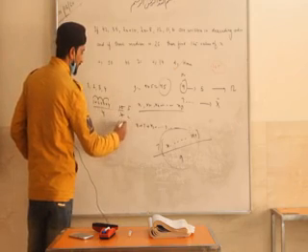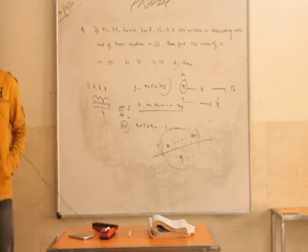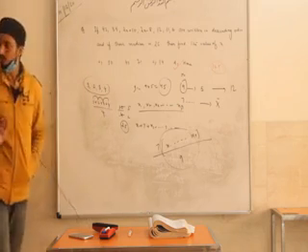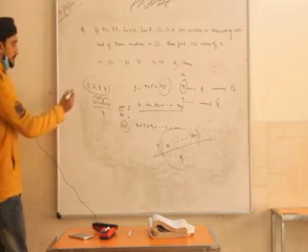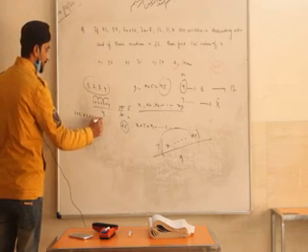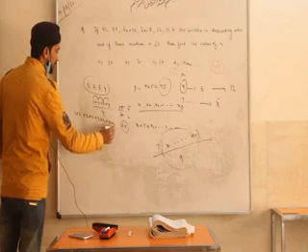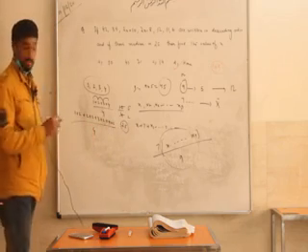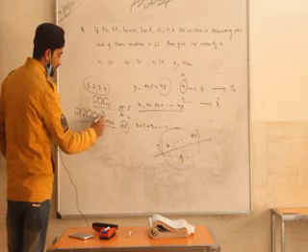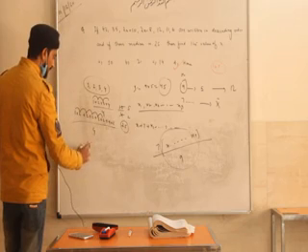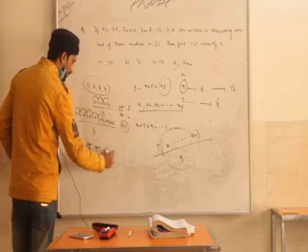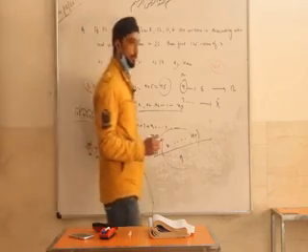The mean will be 2.5. These are the observations, and their mean is 2.5. Suppose we are adding 2 to each term: 1 plus 2, 2 plus 2, 3 plus 2 and 4 plus 2. Now find the sum: 3, 5, 7, 9 gives 24, and 18 by 4... the new mean is coming 4.5.